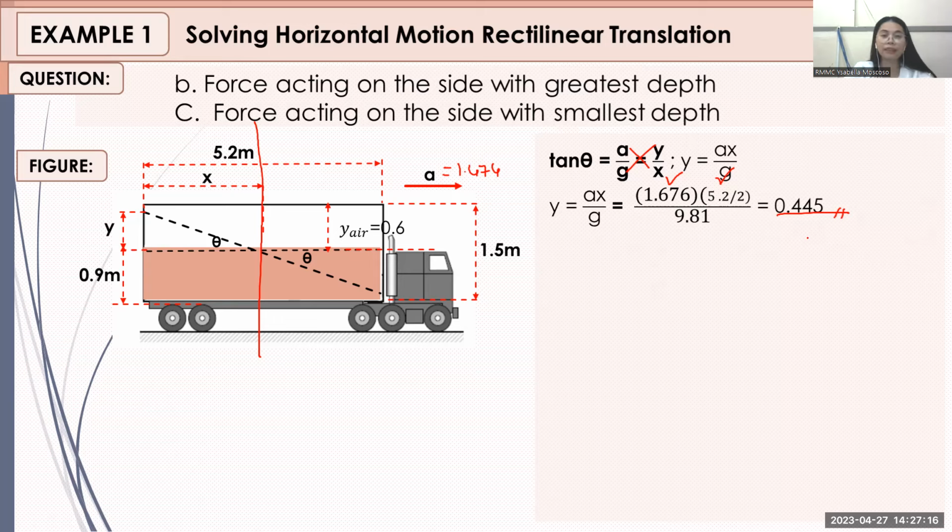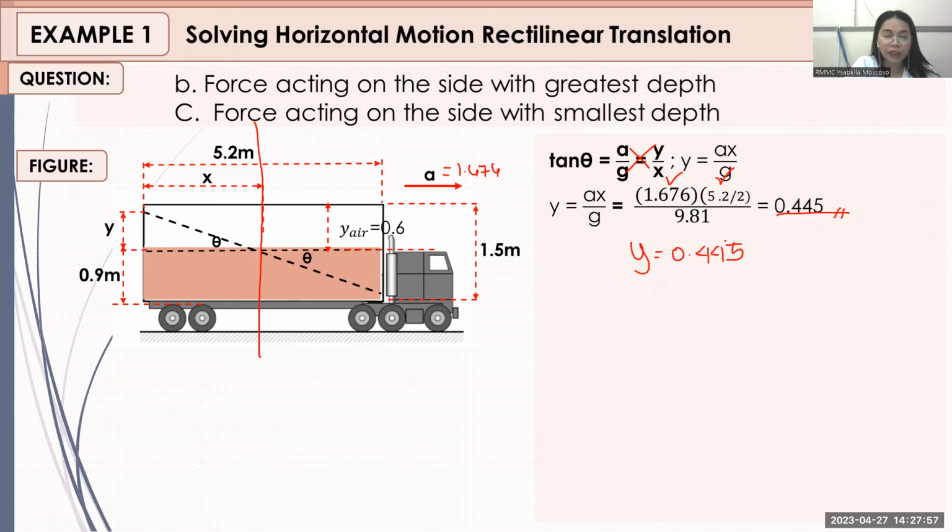Okay? I want you to look at this. Okay? Di ba yung vessel natin is open? So, pag open yan, if sobrang lakas ng motion natin, ibig sabihin, maging malakas din yung reverse effective force natin. Ibig sabihin, may tendency na matapon yung tubig kasi open nga yung tangke ninyo. No? So, ngayon, titingnan natin if itong acceleration na 1.676 is magkakaroon ng spillage sa ating fluid inside the vessel. Paano ba natin malalaman yon? Okay, your y is